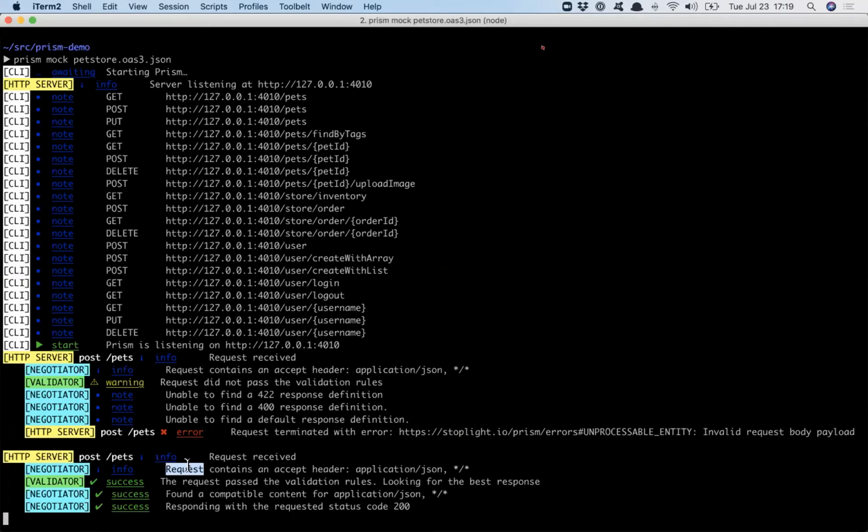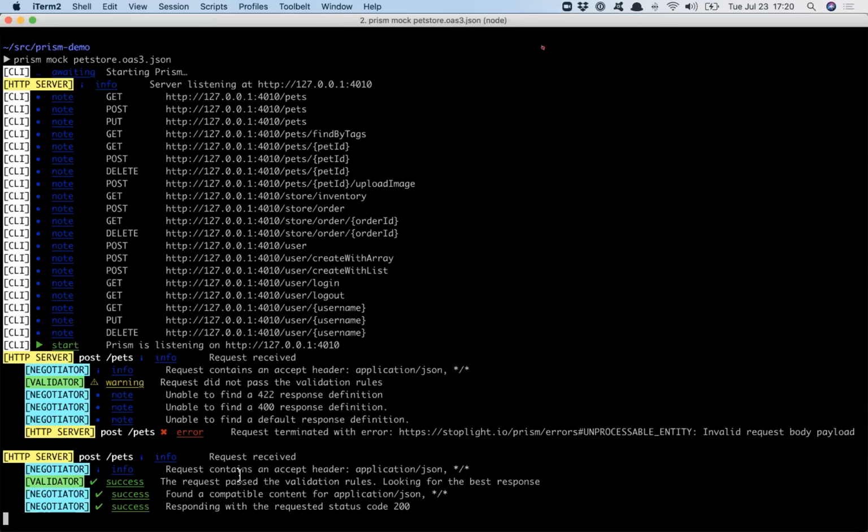The idea is that the decision-making process for what Prism shows you and when is quite complicated. I know a lot of people that have tried to make their own mock servers and think it's really simple. They think you just put some JSON on a URL that responds and it takes 5 minutes, but there's a lot of decision-making to be done when it comes to content negotiation, using accept and content type headers and all that sort of stuff. So pretty much every decision that Prism makes in figuring out what example it should respond with, it will tell you about in the CLI.